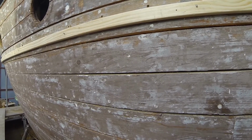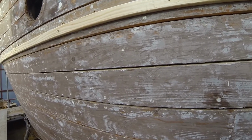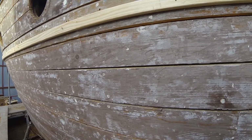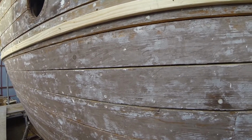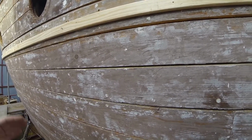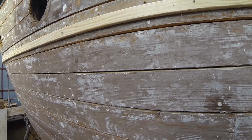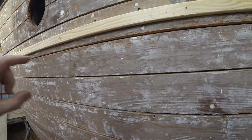But I think with splines, they need to be parallel sided. You don't want to put in a wedge shaped spline, because even just by tapping them in to hold them in when they're glued in, you can actually start spreading the planks if you're not careful. That does add up. So these are parallel splines